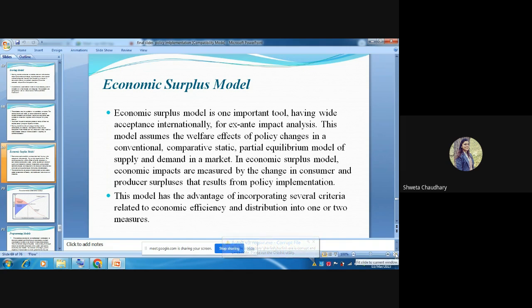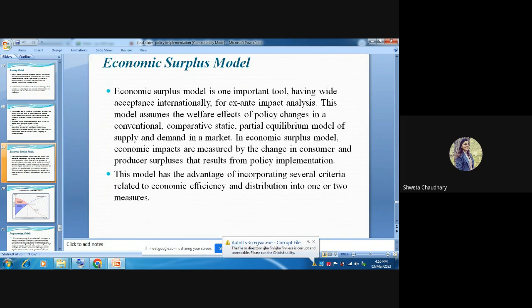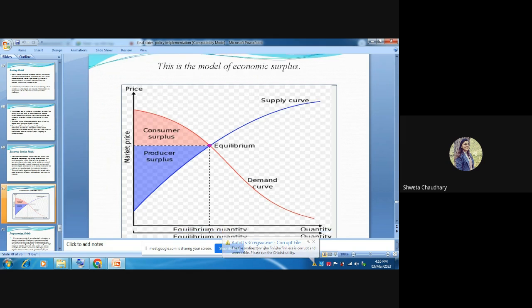See, if you are getting additional money from your home, what is the impact of the additional money which your father is giving to you? Whether you are utilizing it in your education or in your fun. If you are using it in your education or in upgrading your knowledge, then it can be economic surplus. Otherwise, it cannot be. It is just a surplus that is given to you for utilization. So this is how we see it.